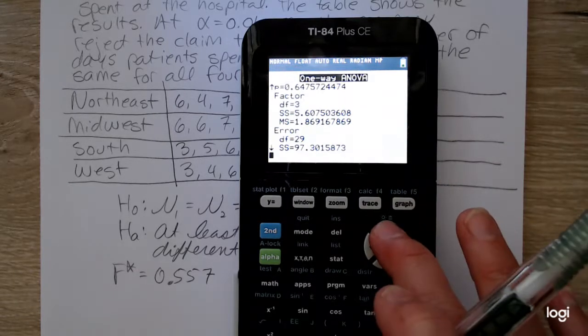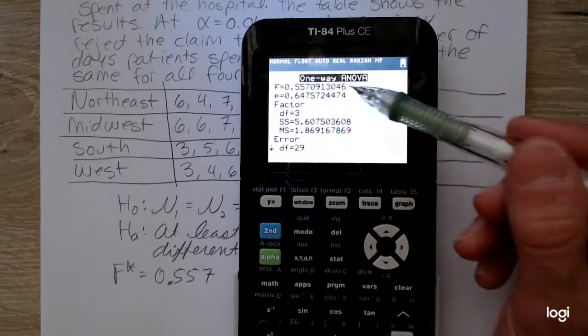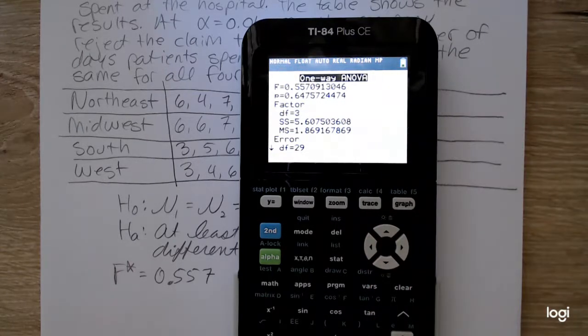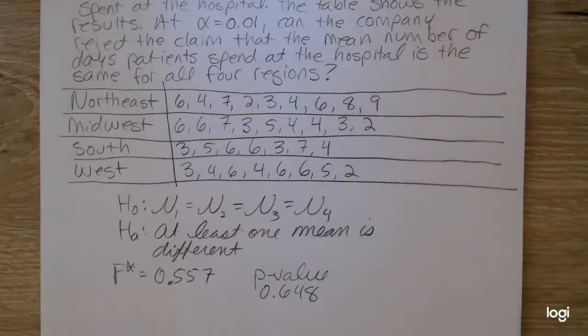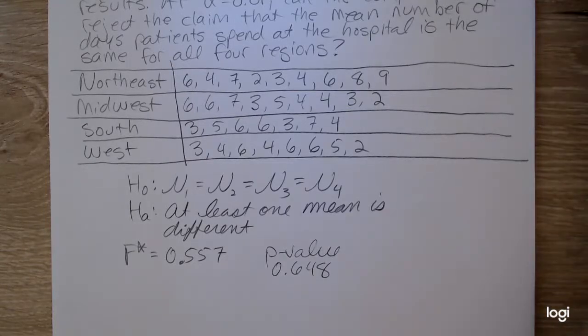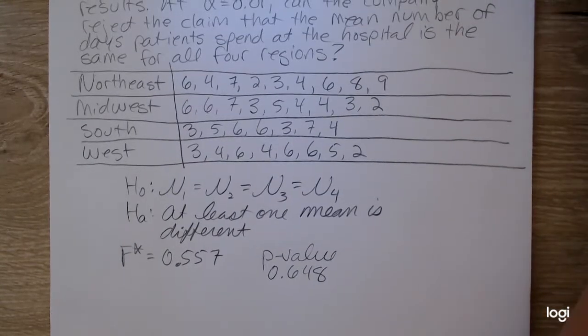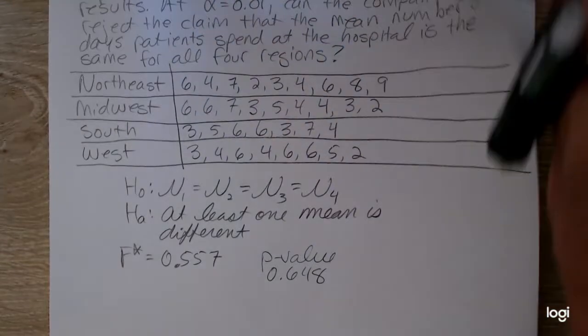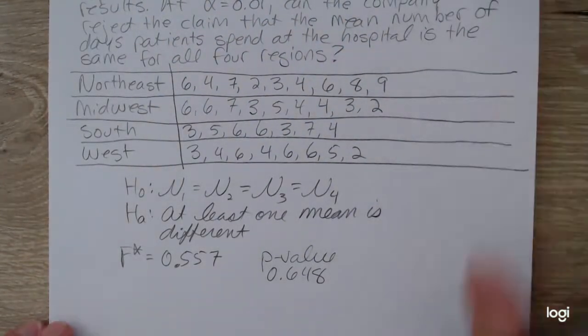Otherwise, you can just get the degrees of freedom, the test statistic, and the p-value to help you make your decision. All right, so looking at this p-value, I already know what the decision is. This is a fairly large p-value. We're going to be failing to reject the null at all common levels of significance. So let's go ahead and get the